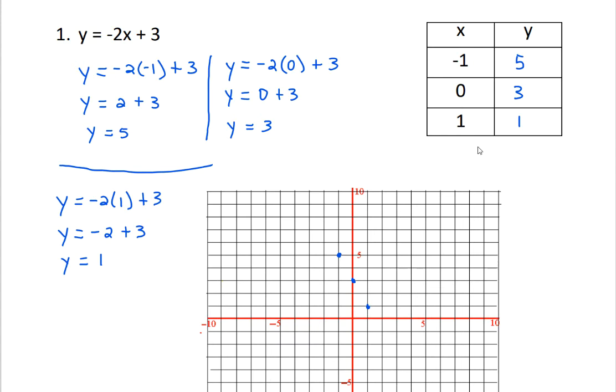It's best to choose at least 3 points, because any 2 points can be connected and create a line. But if you plot 3 points and it's not making a line, then that lets you know you did something wrong. So I would always choose at least 3 points to plug in for my x values whenever I'm trying to graph using a t-table. So now I connect my points